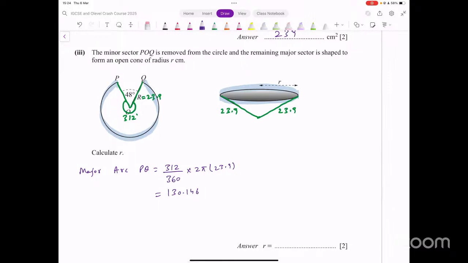Now, using that, we can find this radius because now we have a circle on the right side. This circle has a radius of r. If the radius is r, what is the circumference going to be? The circumference is going to be 2 pi r. That 2 pi r should be the same as what we have found here. It should be equal to